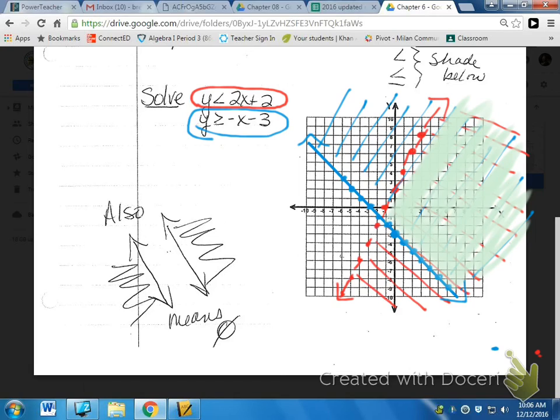All right, now finally over here, it tells us that if you have two lines that are parallel and one you shade on this side and the other you shade on this side, where would they overlap? Josh, nowhere. If that happens to you, then your solution area